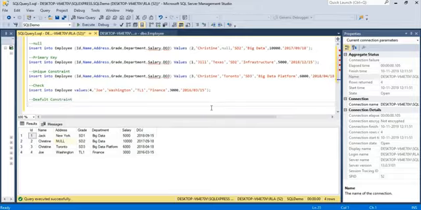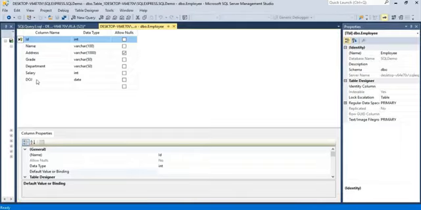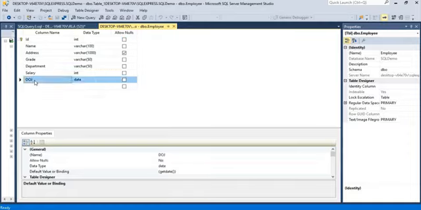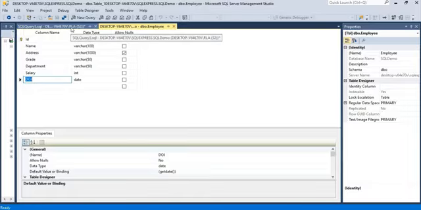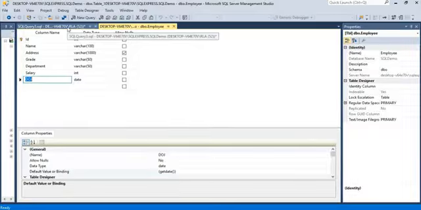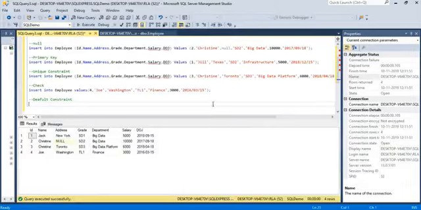What does default constraint say? Default constraint says if I don't provide any value, which column did we add default constraint to? Date of joining. So what this does is if I don't provide any value to this date of joining, then it will take today's date. Okay. So here I will copy this and paste it here, and I won't provide any value here. So I will completely remove this,